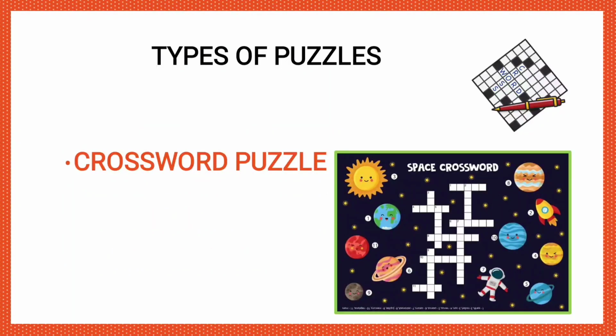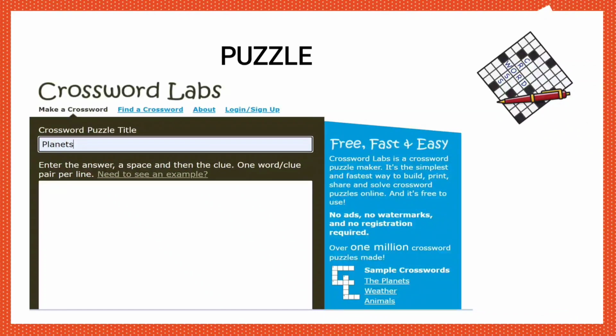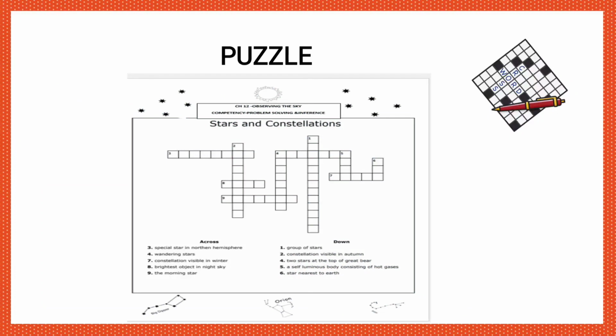The first and the most common type of puzzle is a crossword, as seen here. To create a crossword type of puzzle, the most effective, easy, and fastest tool is Crossword Labs puzzle. In this case, it's very easy to make a puzzle within minutes. You can take a printable